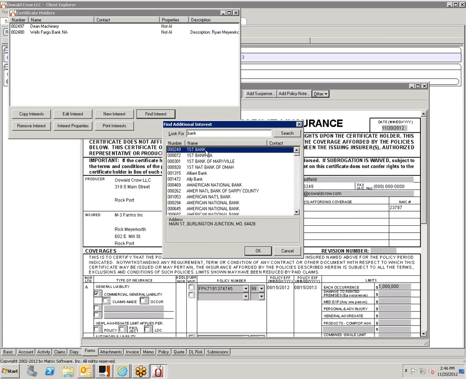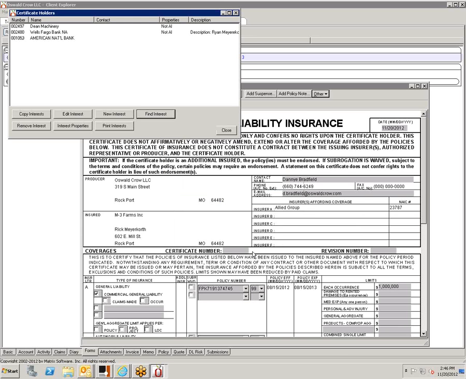This is accessing your master list that was converted. So I just go down through here to find the address that I want. Once I find it, yep, that's the one I need, I can say OK. And it adds it to the list.